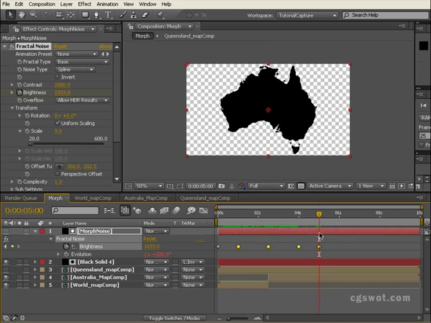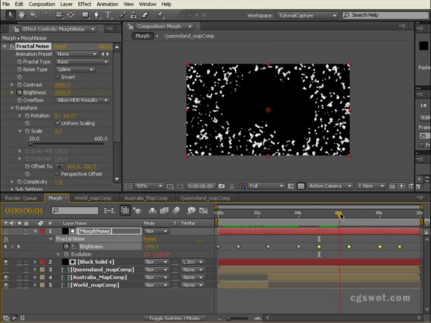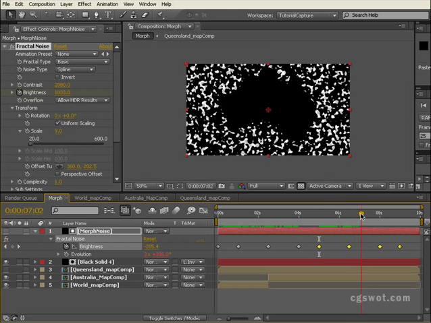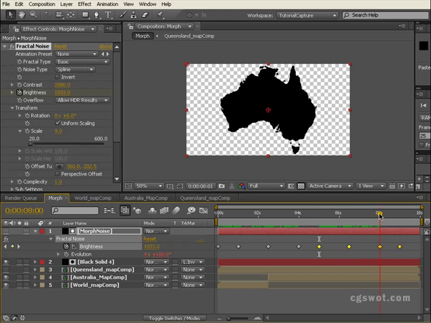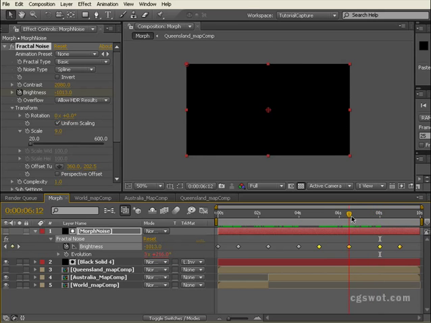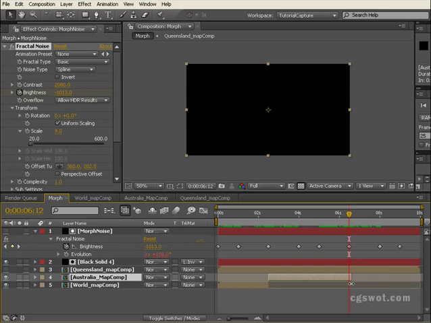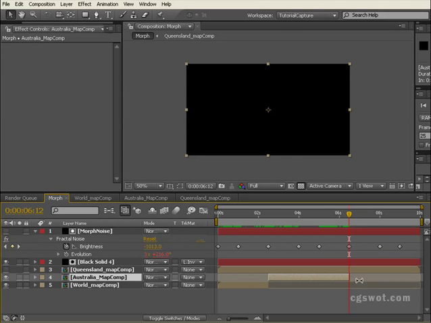So Control C copies all of those keyframes, and while we're absolutely lined up with the end of that 1 second pause on Australia, we're going to go Control V, and now we should get the noise come in again and come out, and it reveals Australia again, but that's because we need to come to this middle point here where it's all black, and we're going to drag the end of the Australia in, and then